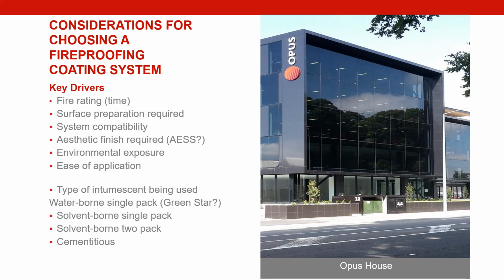System compatibility, so you've got to choose the right products, both priming and undercoating, as well as top coating to protect your intumescent coatings. Whether or not you require an aesthetic finish, for example, your sprayed on Southwest Type 5 vermiculite material looks more like sprayed on Weet-Bix, but that may not matter, for example, being used in an underground car park. Where you do want an architectural finish, something more along the lines of your liquid applied intumescent coating might be more